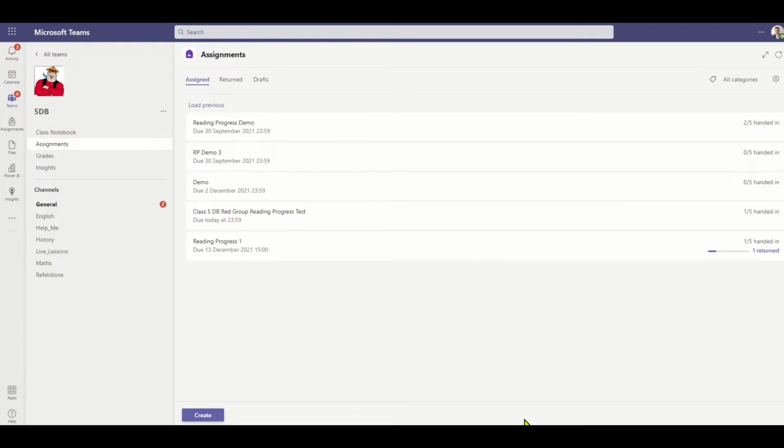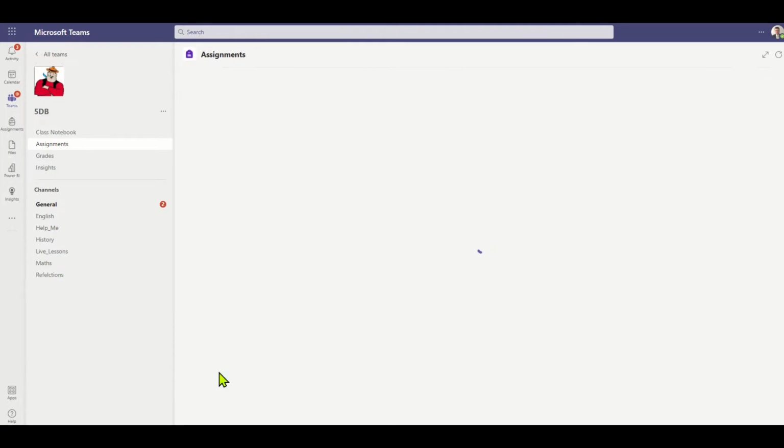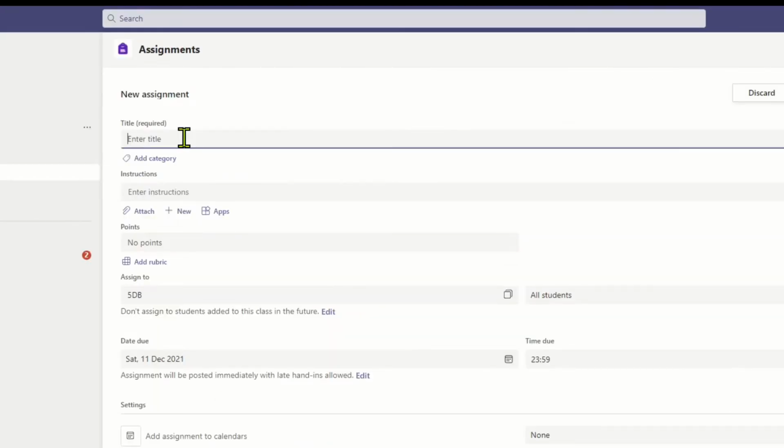We're going to have a run through of reading progress in Teams. So I've entered my class team and I'm going to set a reading progress test in assignment. I've got the assignments channel open and I'm going to go ahead and create the assignment. I'm going to choose assignment and give it a title. I'm going to call this Reading Progress